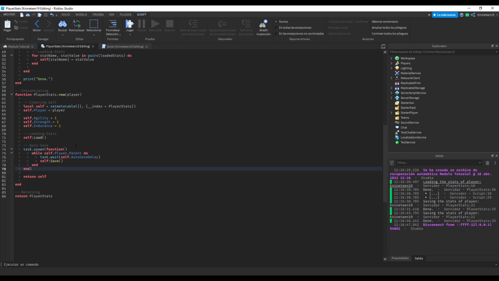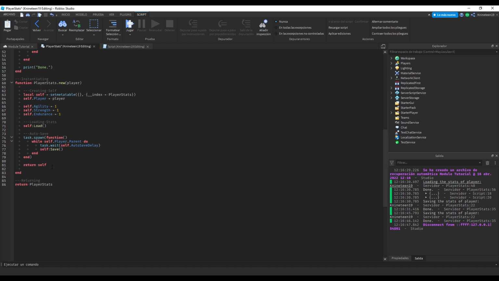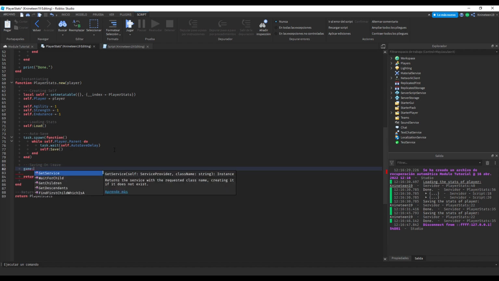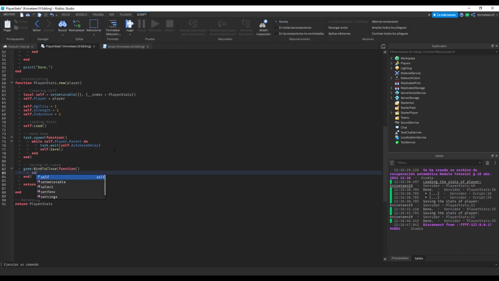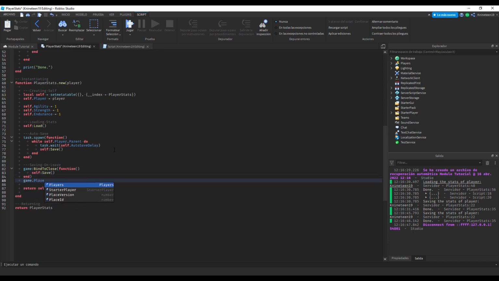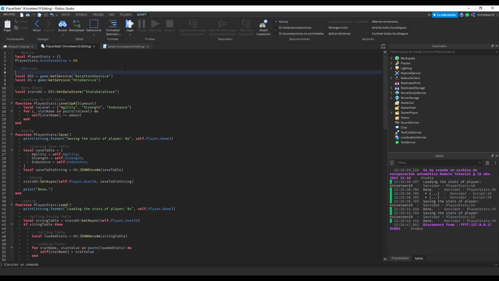And if you want to save on leave, so let's up this to maybe like 60 seconds so it doesn't overload the data stores or anything. So now if we wanted to save on leave, saving on leave, then we're going to do game, so first we're going to do game bind to close, function, self save, right? We're going to do local players,